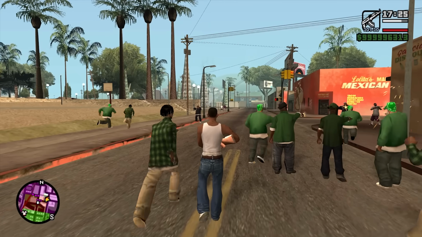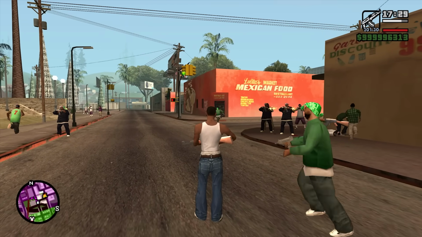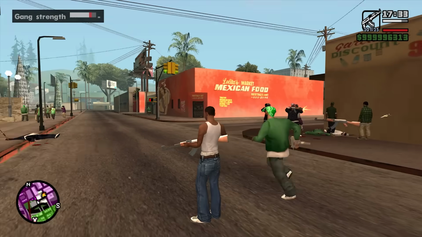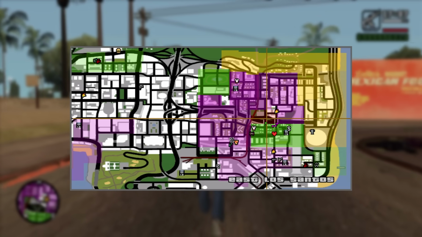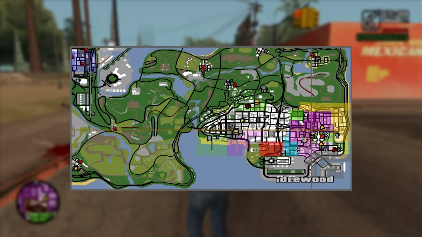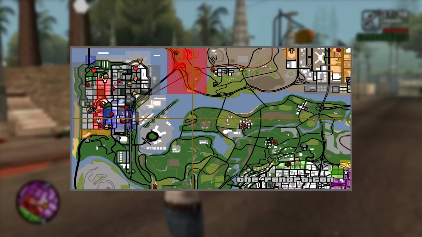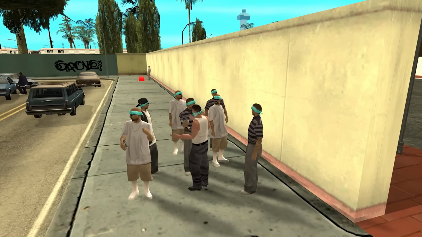GTA San Andreas introduced gang wars to the series, and according to beta game screenshots and the game code itself, Rockstar at some point planned to allow you to have turf wars with every single gang in the game. In the official release version, we have a total of 57 territories to take over from only 2 gangs, the Ballas and Vagos. But originally, the entire San Andreas state was filled with over 170 territories to snatch from a total of 8 gangs. We had the Varrios Los Aztecas,